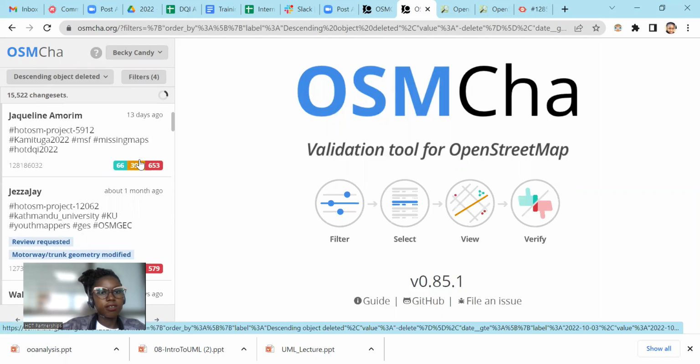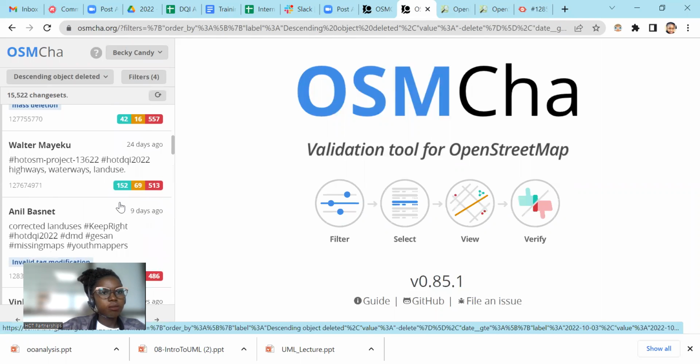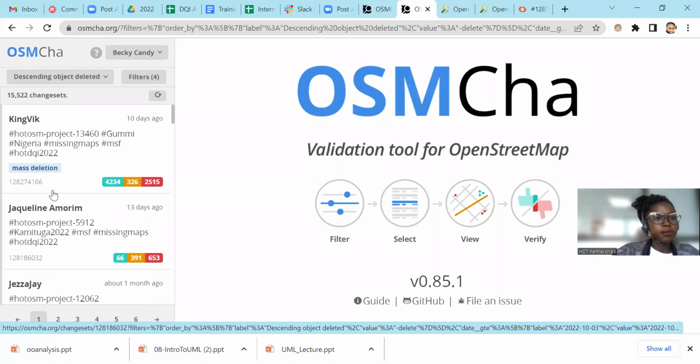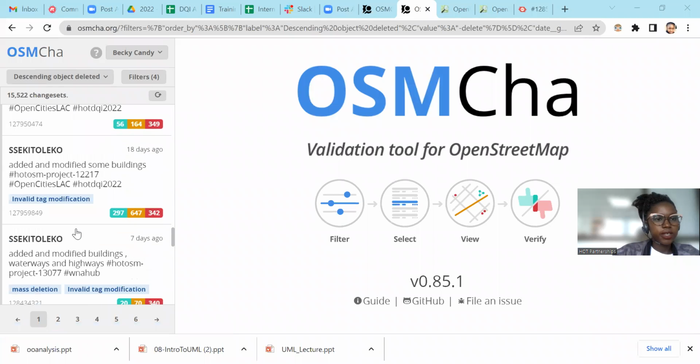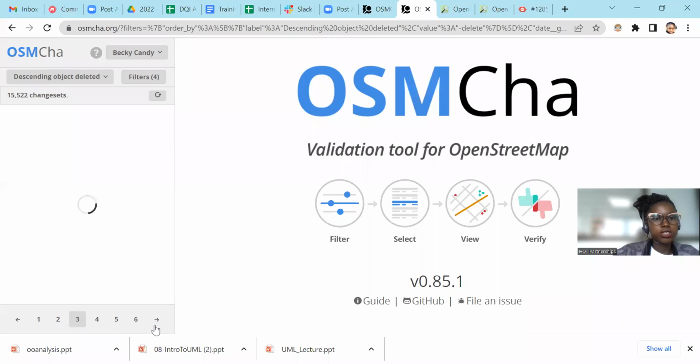So here you can be able to see. I'm sure you can also, maybe you're seeing your name, or you're seeing your friend's name here, and you can just pan around. You can go up to 2, it goes up to more than 6 or 7. Yeah. So let's start with the first one,